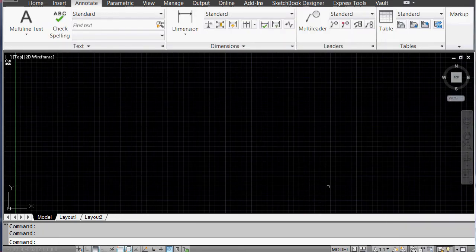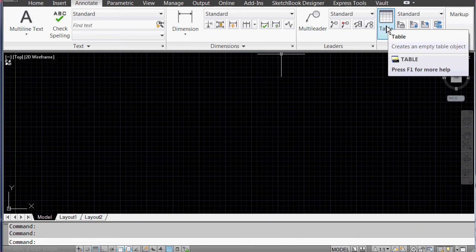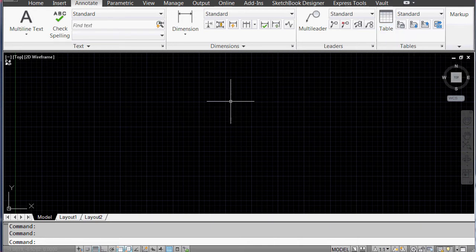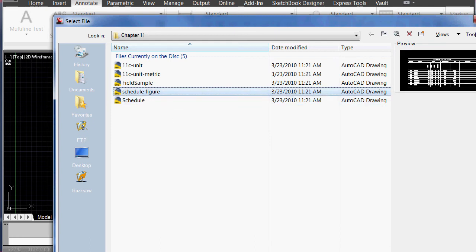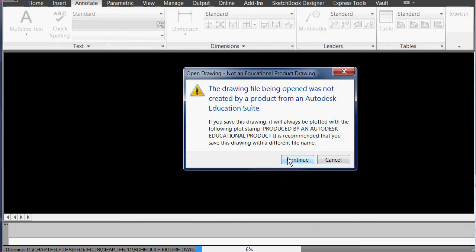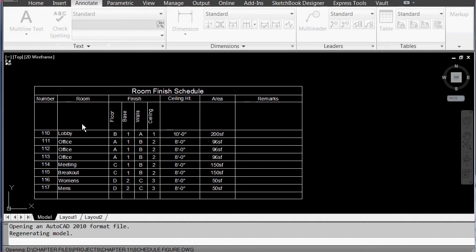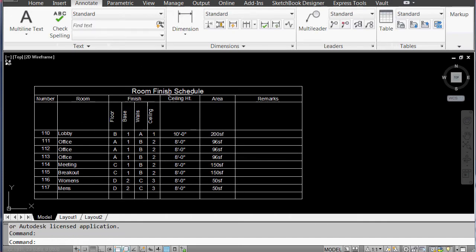Okay, the next subject has to do with annotation and the annotation ribbon, and it has to do with creating tables. Now you've probably seen tables like, let me see if I still have one loaded here. I don't think I do. Let me open one and I'll show you. Schedule, yeah, let's open that one. Okay, so here's the schedule. It's a room finish schedule and has room 100 to 117,